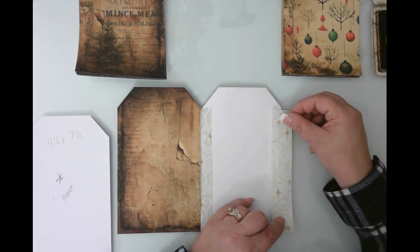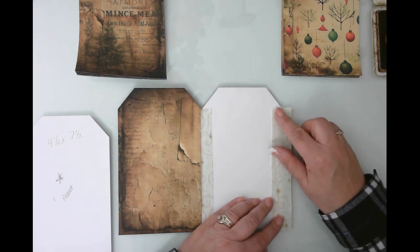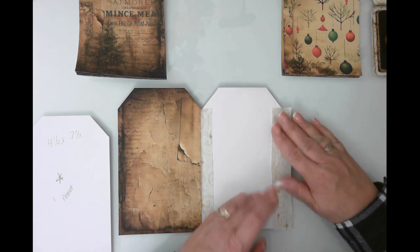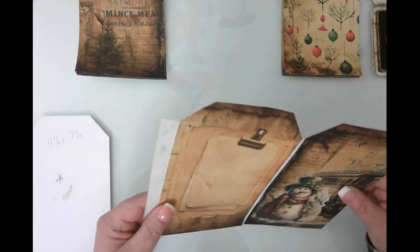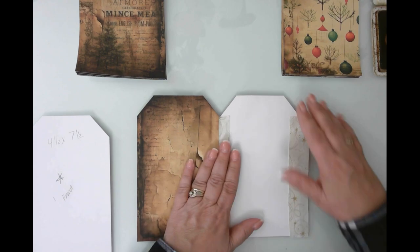So I'm going to go ahead and put that down. And again, it doesn't have to be perfect because none of that's going to show. So you can see mine is a little bit long, but I knew that when I cut them, I could always cut them off. So that's not a concern at all. So now we've got that. Okay. So now we can go ahead and we can glue our next